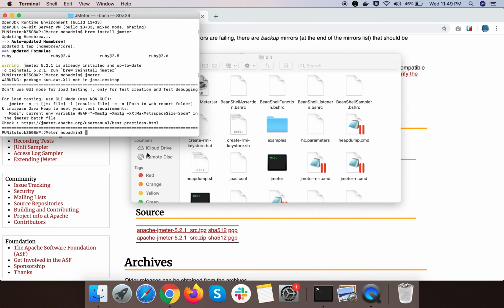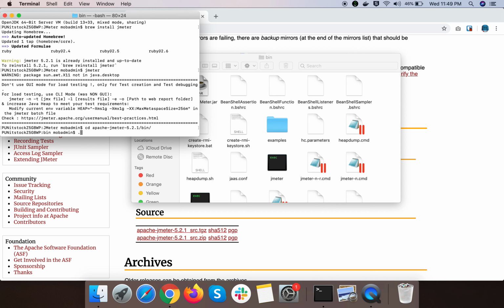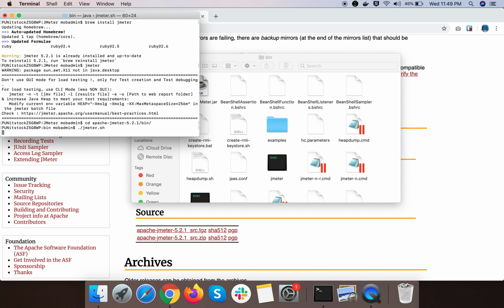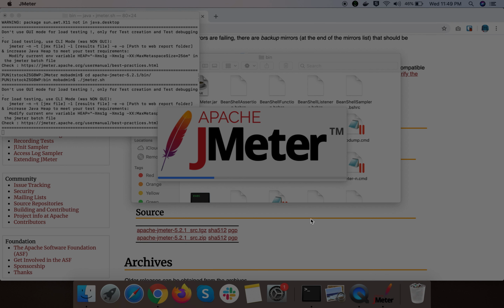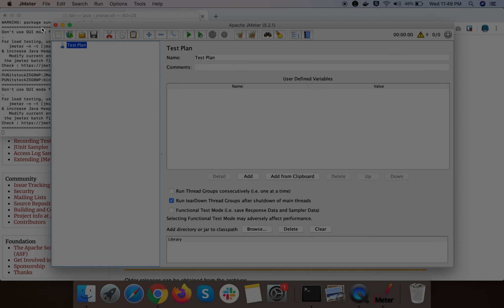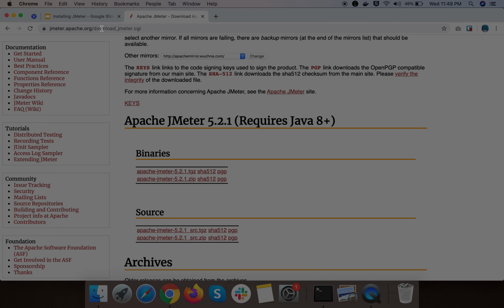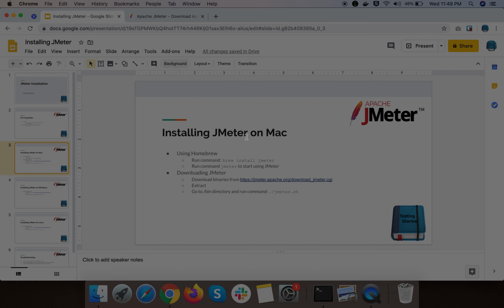We will go to the JMeter installation's bin directory and run this one command, ./jmeter.sh, and you will have the JMeter window open as well. So we can install JMeter on the Mac operating system by using Homebrew as well as by downloading the JMeter setup file.